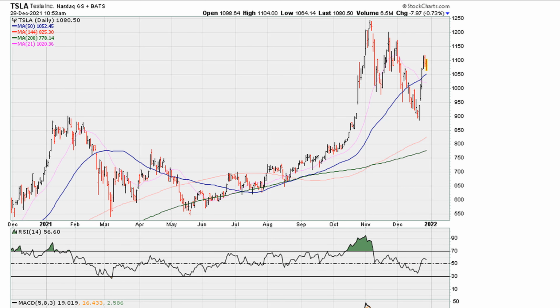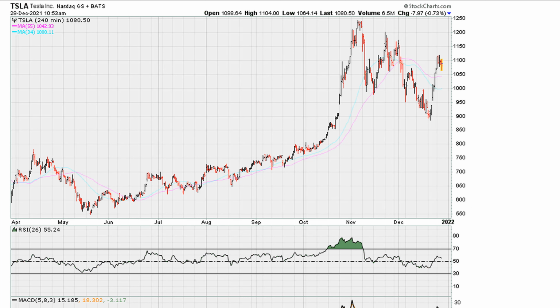This is also confirmed by the 4 hourly. So the 4 hourly for Tesla. And here also we can see a similar conclusion. This is where we broke down recently. And so we can use that information, this break. We haven't been back to those levels since early December. And now if we take the uniformity line, we can see that the market seems to be aware of this area and reacting to it with resistance. So without more information, this is suggesting from a swing trade perspective, the next meaningful direction is down based on